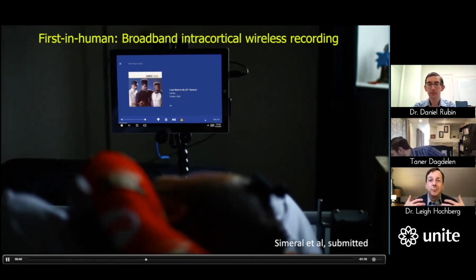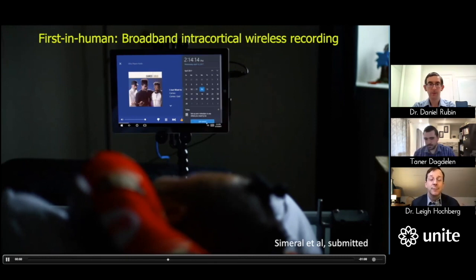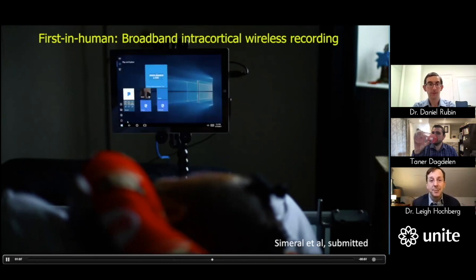So restoring communication, restoring environmental control. It's about us providing ever better neural control over the incredibly powerful communication and environmental control technologies that are available today, such as this tablet computer or others. And I could watch this video for hours, in part because it's simple. He just switched to desktop to select. I think this was back in March, a few Marches ago, and